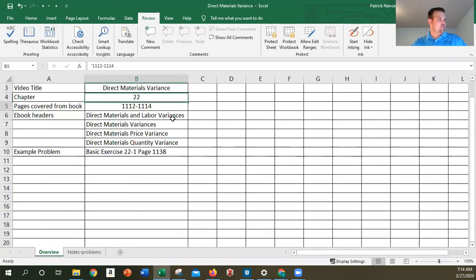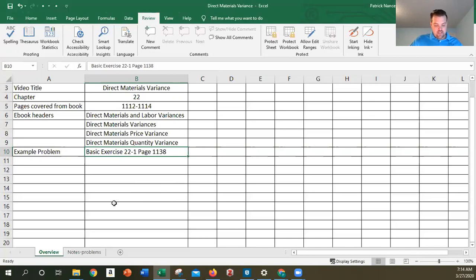We're going to talk about direct materials variances. Your book, it's page 1112 through 1114, and these are the headers in the ebook. And then I also, for this problem, have an example problem that I'm going to go through in this video. Okay, so